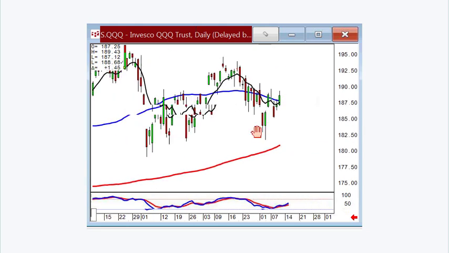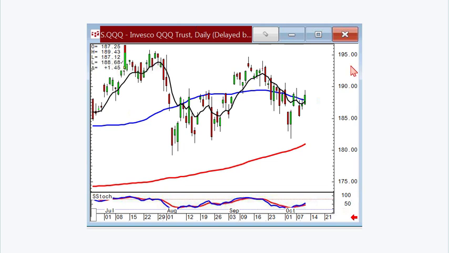That's kind of a wedge formation also. You can see the top's declining. So that means as long as it trades in here, you probably,